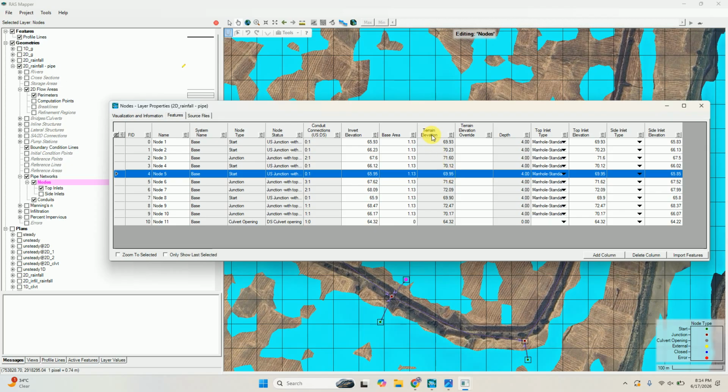Okay, so first you have to give invert elevation. Here I have given like 69, this is 65, 4 meter down. Invert elevation means this is the elevation of the top surface, the ground elevation, and the bottom elevation you have to give.